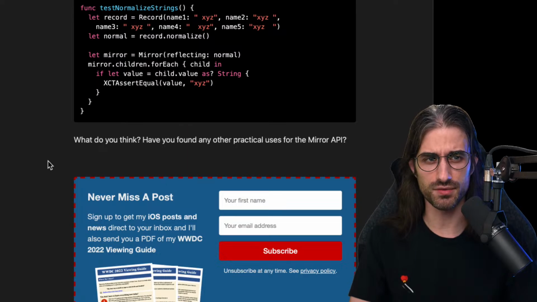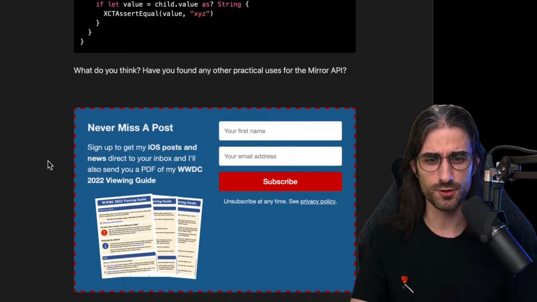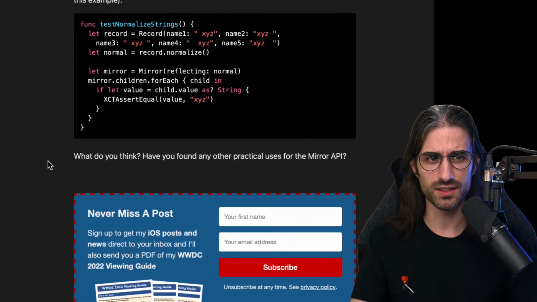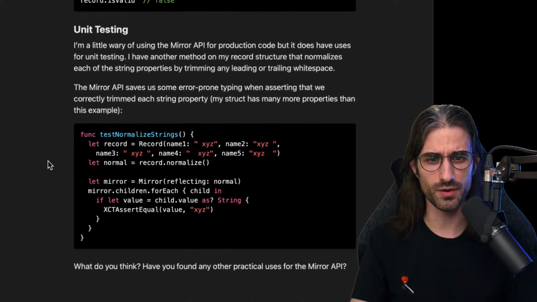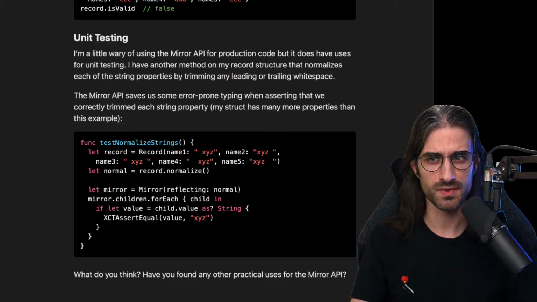So you want to be careful, but the Mirror API is, I feel, not as known as it should be, because it can be extremely useful. So that's why I wanted to cover this article that shared two very interesting use cases. We've actually already covered two articles, so we're going quite fast today.